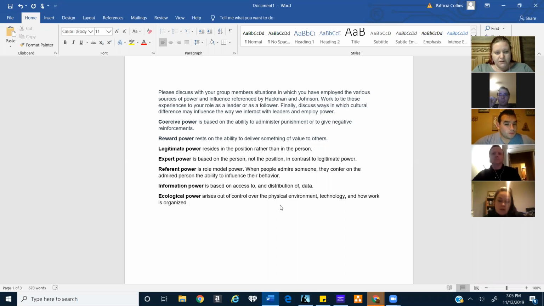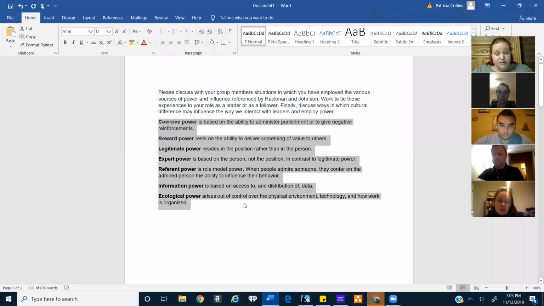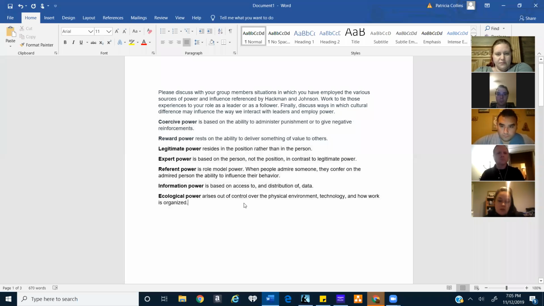But today we're focusing just on chapter 5, on the different types of powers and when you would use the different types of powers and different roles of leadership. I have it, hopefully you can see the screen. I also brought up the actual definitions of each type of power so that we can reference back to the book and talk about each of those.